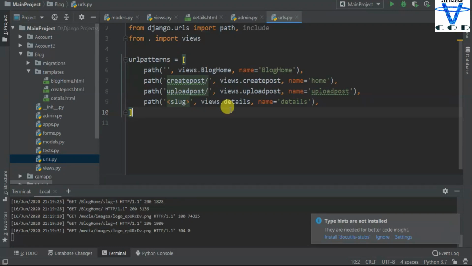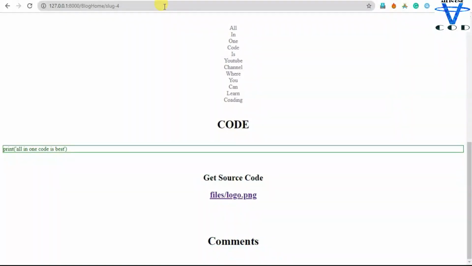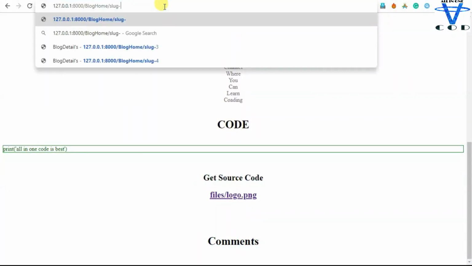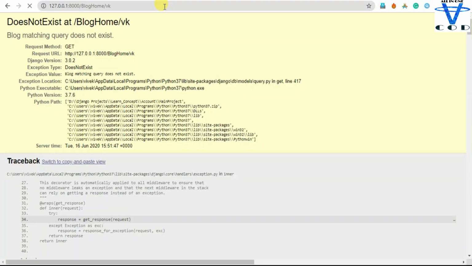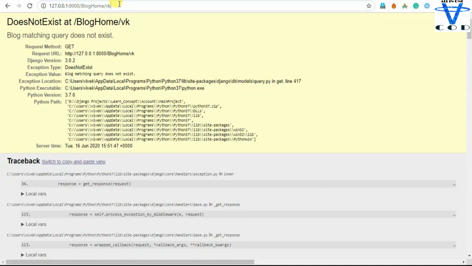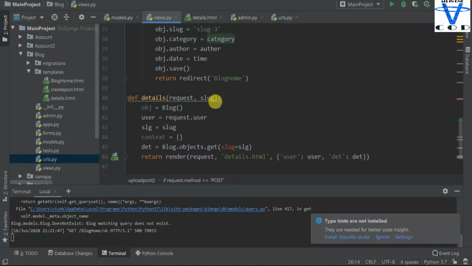Now what does it mean? Whenever a user goes to the blog home and adds a slash, the user can add any URL. For example, let's say I am going to add vk only, so it is going to send this vk in this slug variable, or you can say object, via this slug URL.